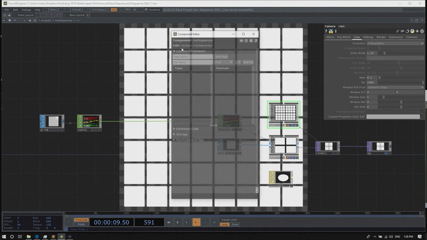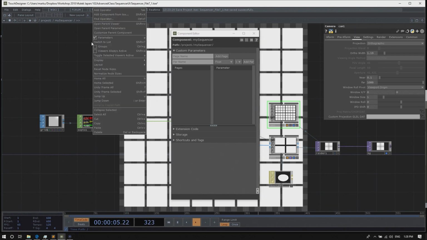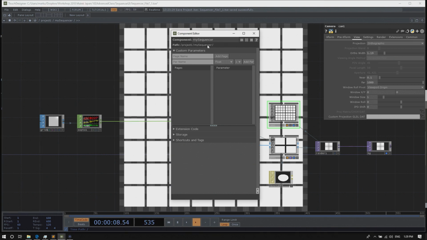This brings up the component editor, where we can create a custom page, and I'll call this Sequencer.